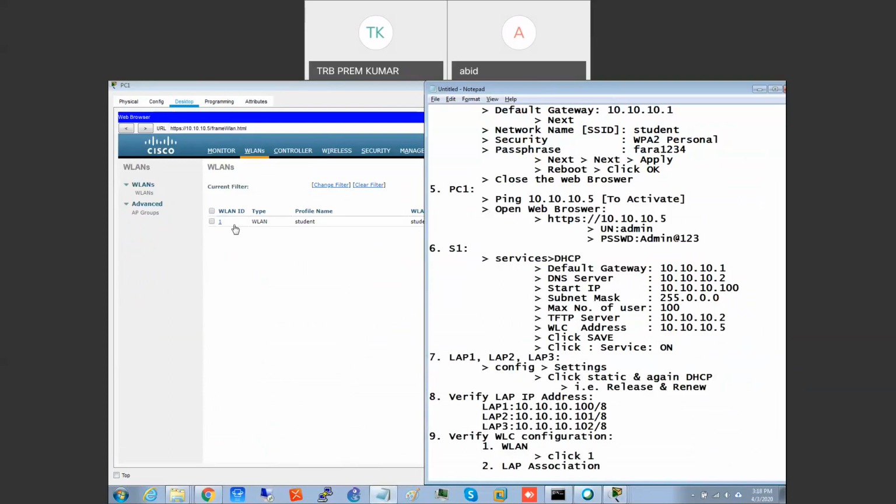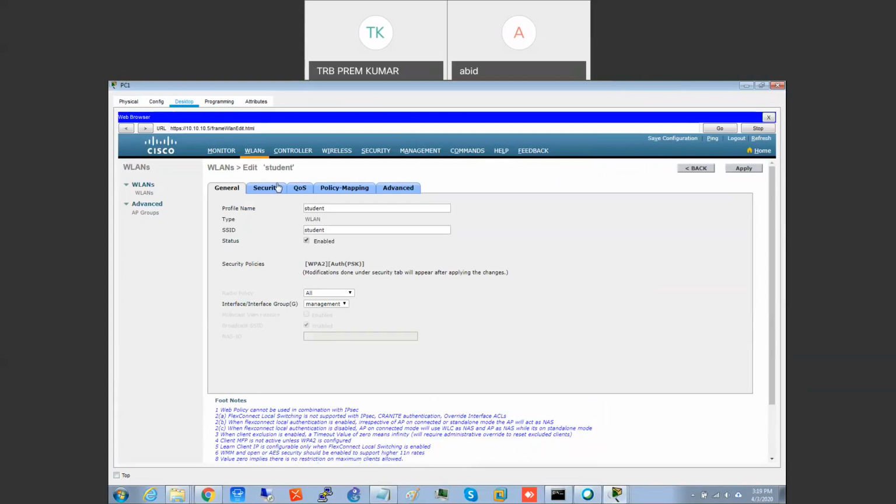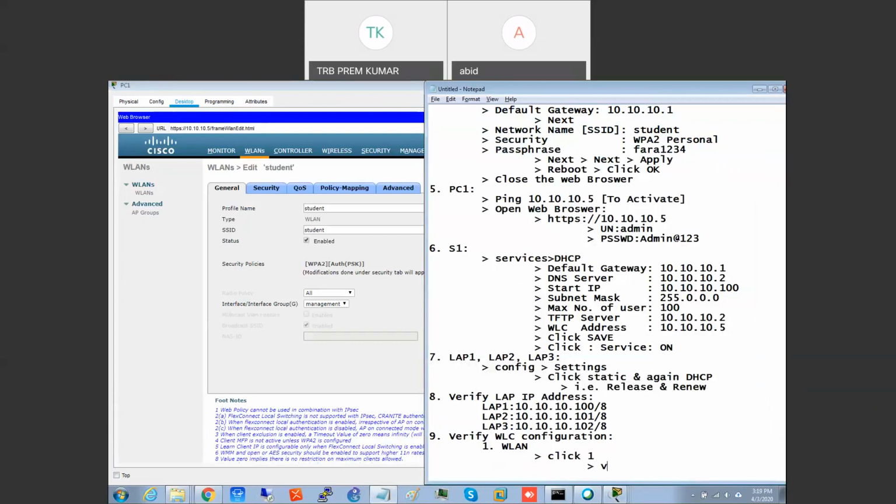Profile name is student. Click that one. Now it will open the tabs, and verify the security tab. Understand?